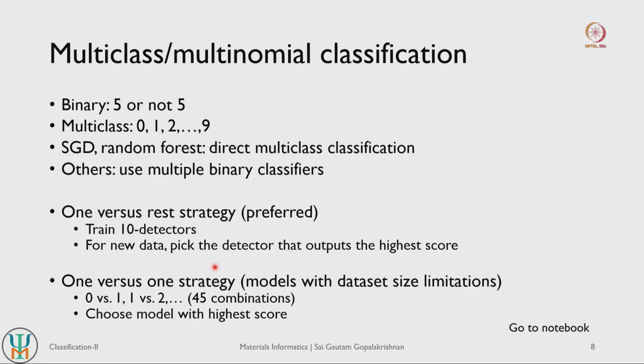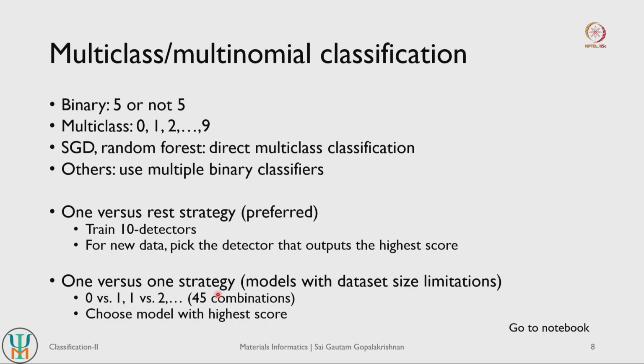So if you use scikit-learn, depending on the classification model you use, scikit-learn will choose one of these two strategies depending on your dataset size itself. So you do not have to explicitly choose one of these strategies, but you can also treat these as hyperparameters and you can actually try them out, right. We will not cover the details of how to go from one versus rest to one versus one, we will just look at how to do multi-class classification within our notebook.